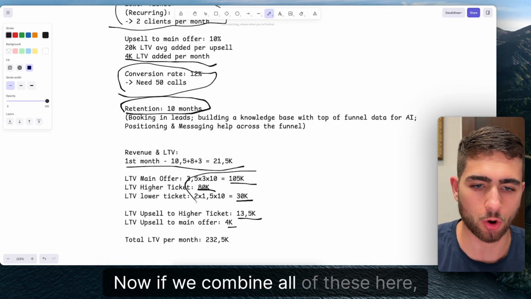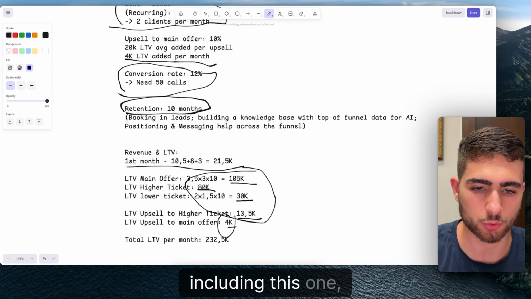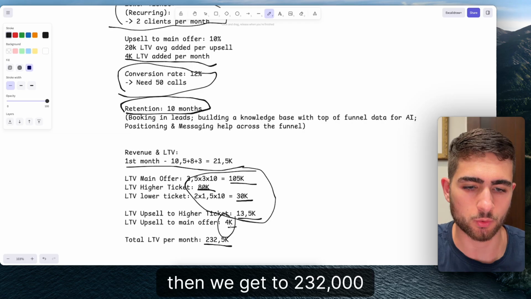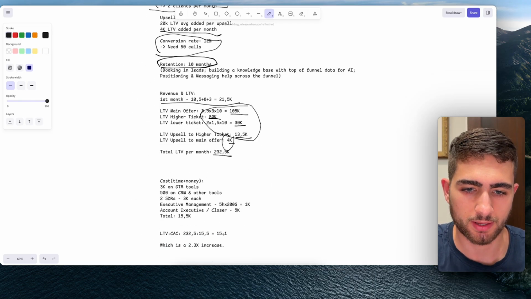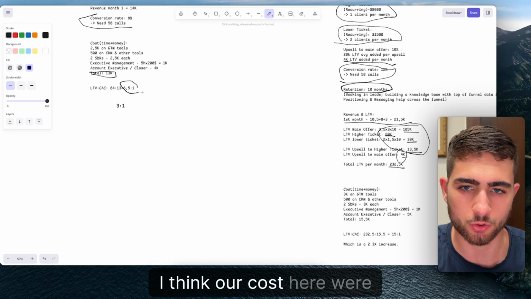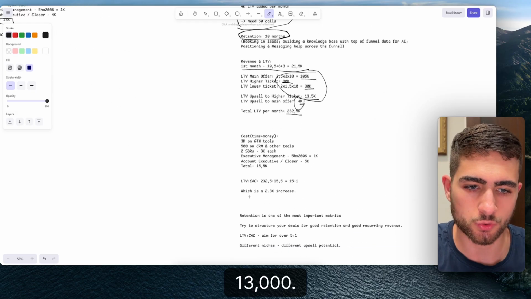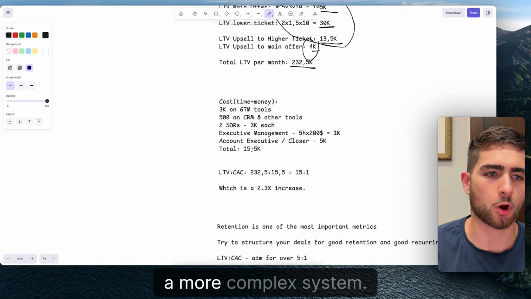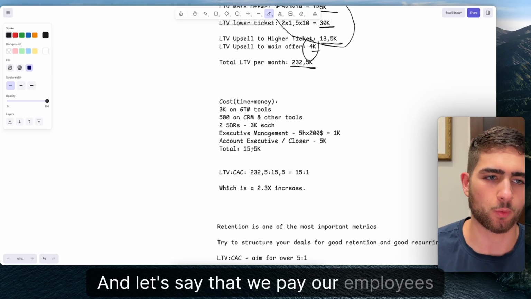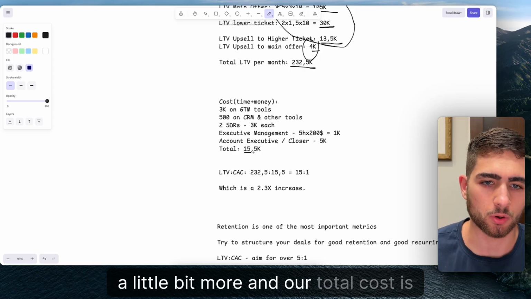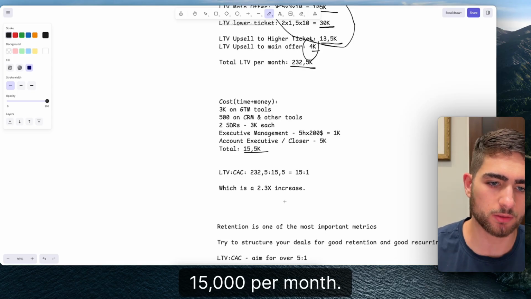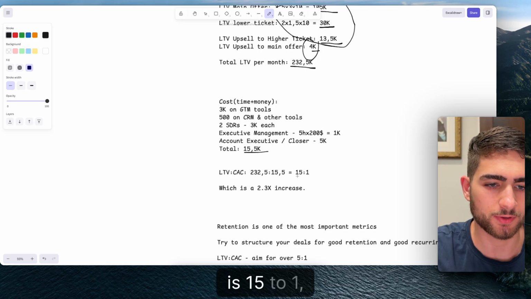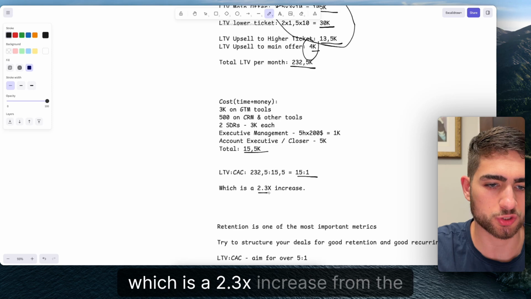Now, if we combine all of these here, including this one, then we get to 232,000 in lifetime value. Now, let's say that our costs, I think our costs here were 13,000. Let's say that we have some additional costs here to run a more complex system. And let's say that we pay our employees a little bit more and our total cost is 15,000 per month. Then the lifetime to CAC, which is the customer acquisition cost, is 15 to 1, which is a 2.3x increase